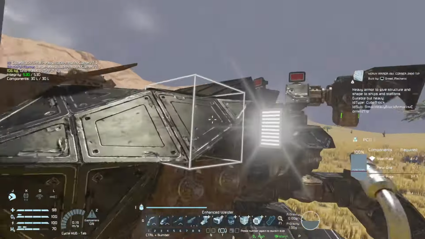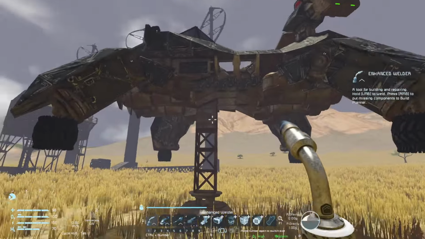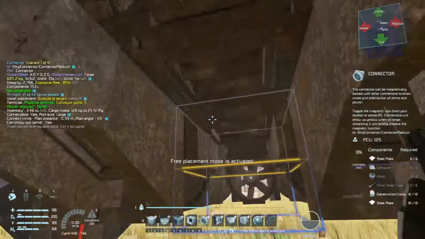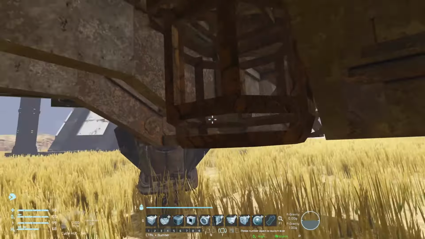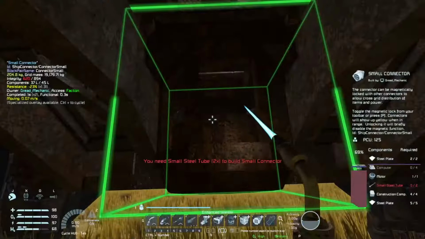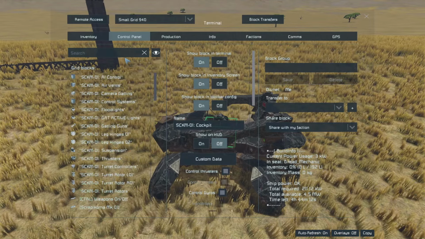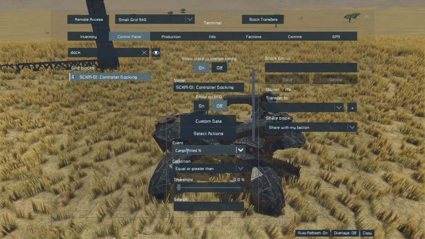So the last thing we really need to do is cut this thing down. Right, so we need a connector under here, I think, is probably the best idea. So I'm going to stick a connector under there. Do I have the bits I need to weld it up? Nope, missing small steel tubes. The last thing I should need to set up is that docking connector. So I set up all the other controls. I just need to actually...